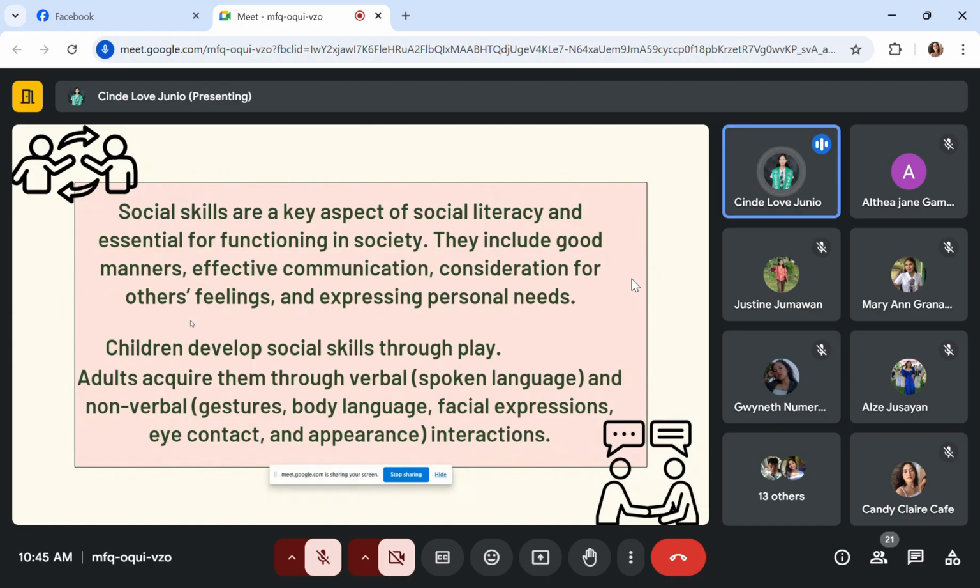Children develop social skills through play. So here, kids are sharing their toys with their friends instead of keeping them to themselves. And then adults acquire them through verbal spoken language and nonverbal gestures, body language, facial expressions, eye contact, and appearance interaction. So, example here in the workplace